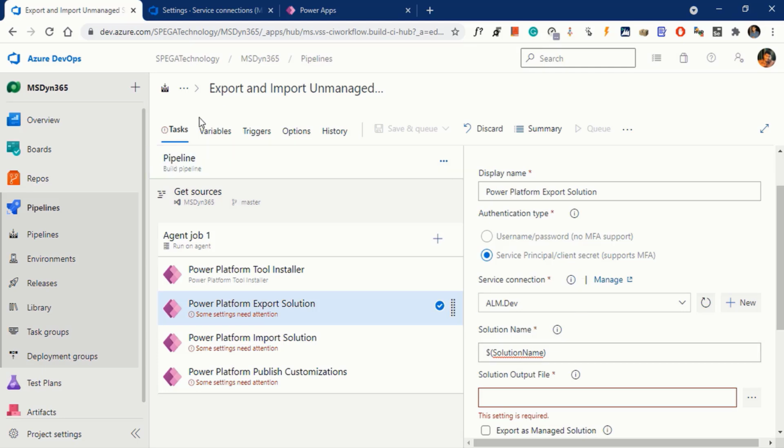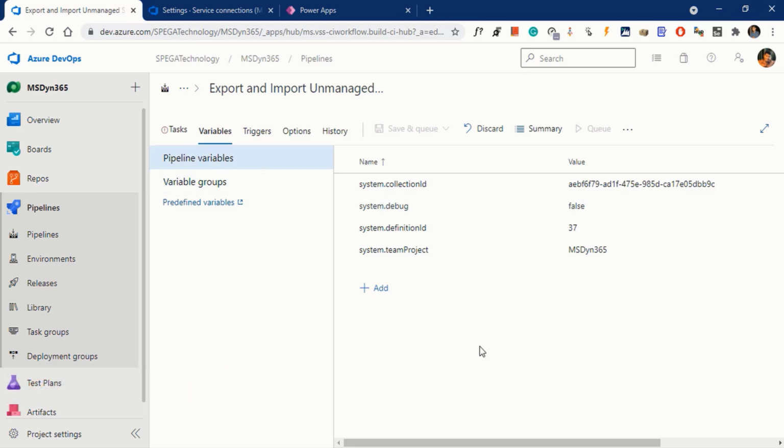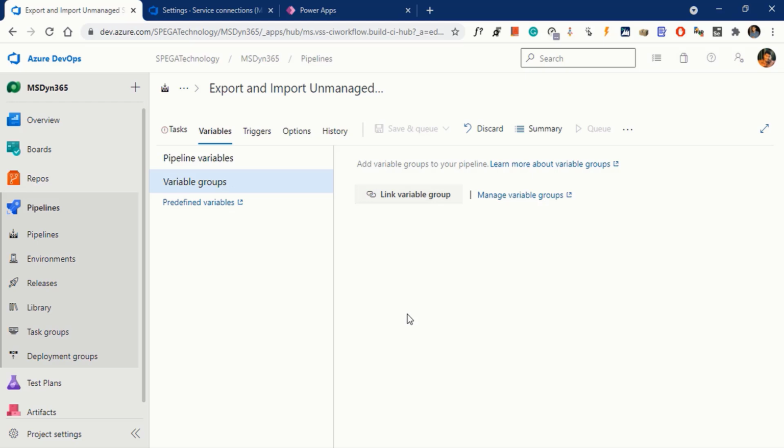For that, we need to go to the variables tab. Click on variables. Here we have two types of variables, pipeline variables and variable groups. Pipeline variables are specific to this pipeline, and we cannot use them in another pipeline. Variable groups contain many variables in one group, which we can use in a number of pipelines. Earlier we created a variable group. Click on variable groups, click on link variable group.